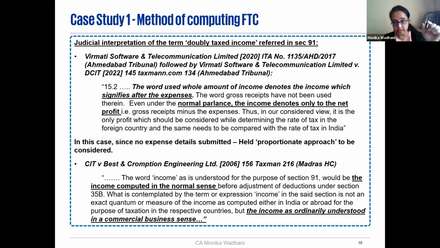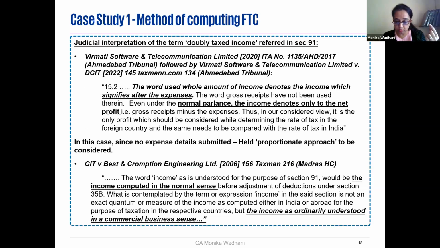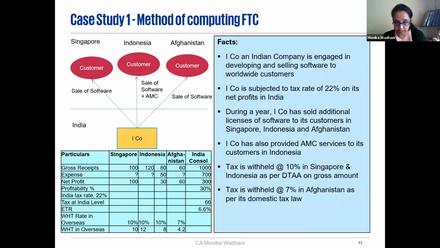So within this context, if we go back to our example, and we see what was held, what were the numbers before us and what was the issue before us: in the context of Singapore, where the assessee is able to demonstrate that it has not incurred any expenses qua its receipts from Singapore for additional sale of licenses, whether it is necessary for him